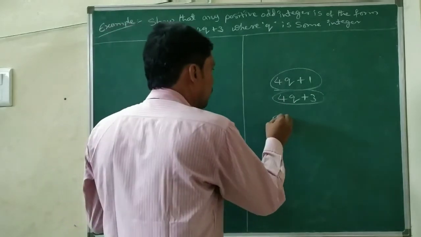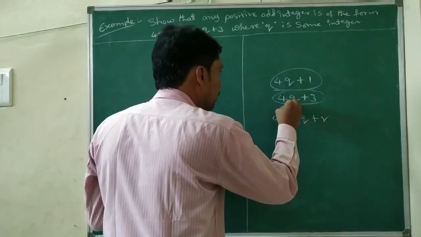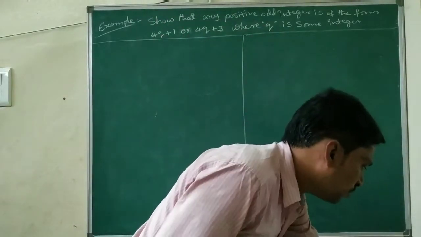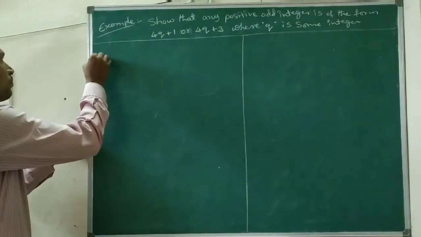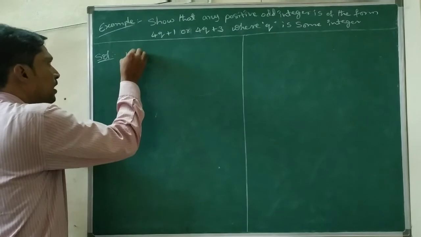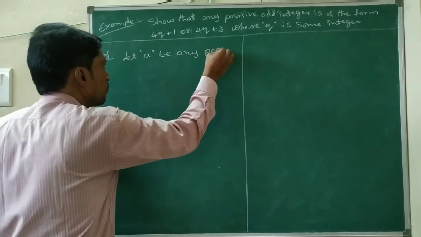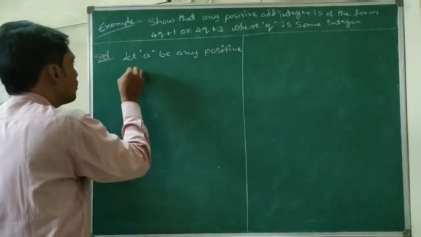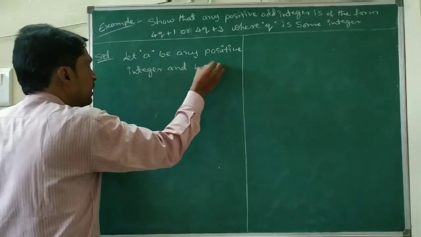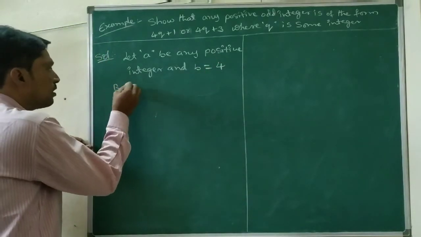So here it is in the form of a equals bq plus r only. So what is the value of b? B value here is 4. Now let us go. The same steps we need to follow. Let a be any positive integer and b equal to 4. By the division algorithm,